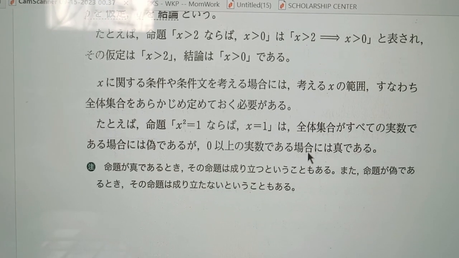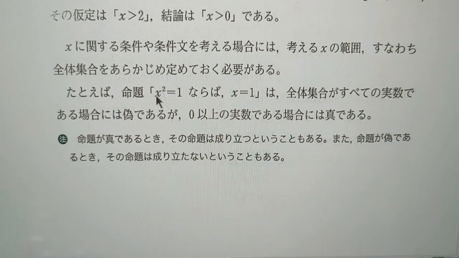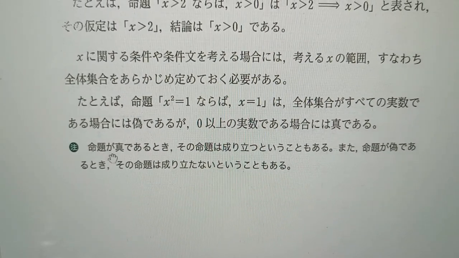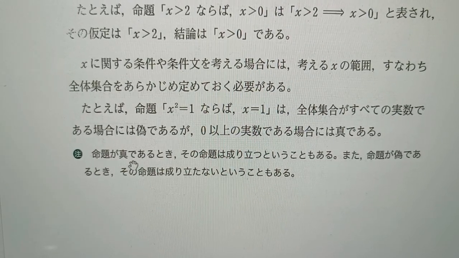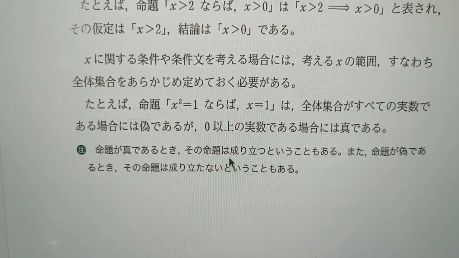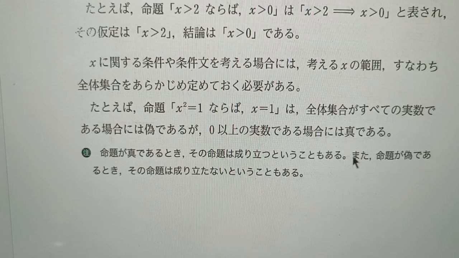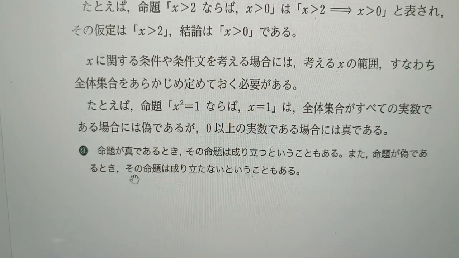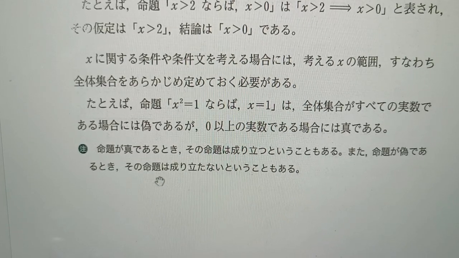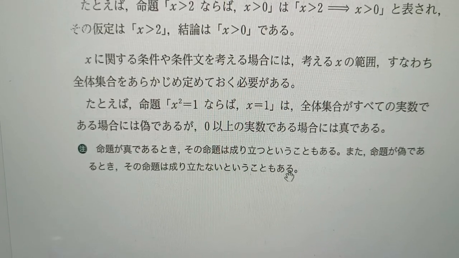So, meidai ga shin de aru toki, when the proposition is correct, so no meidai wa naritatsu ということもある。Okay, また meidai ga gi de aru toki, when it's false, so no meidai wa naritatanai ということもある。